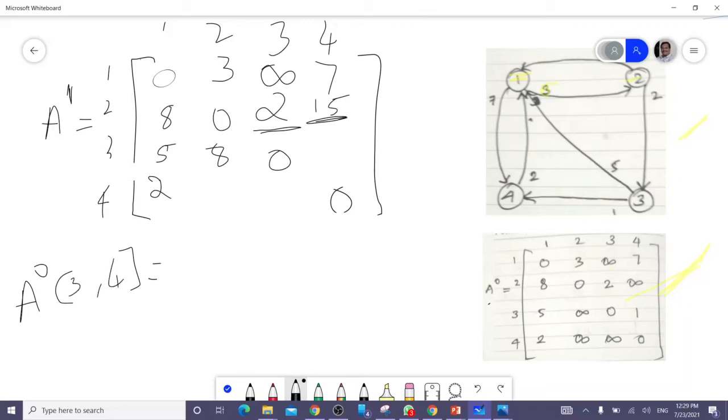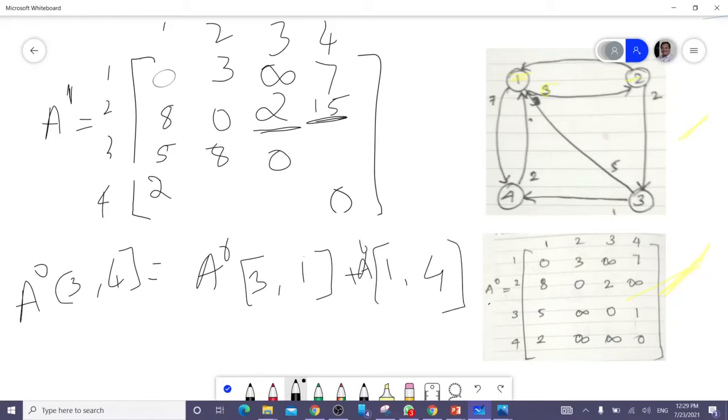So it can be written as a0 of 3 comma 1 plus a0 of 1 comma 4.